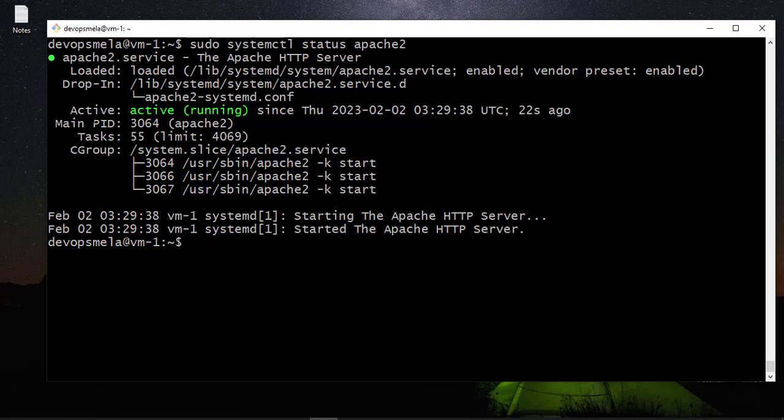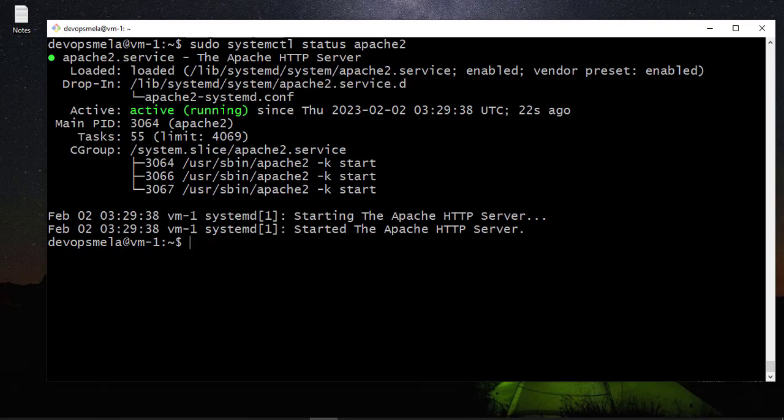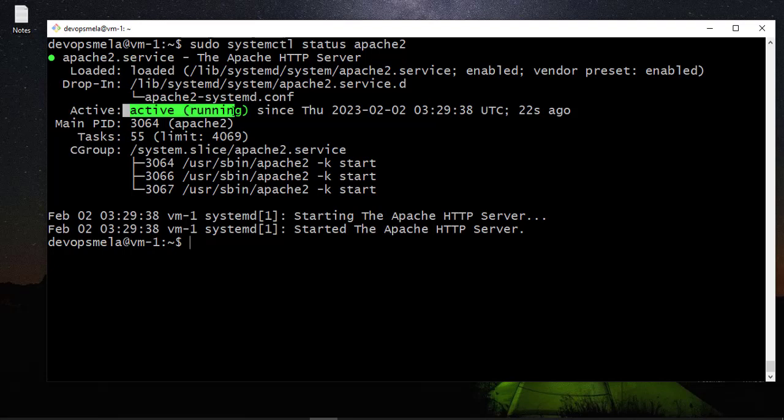Now if you see the systemctl output, from where exactly it is loading, the folder location is given from lib. And this is the name of the service, basically apache2.service. D stands for daemon. This is a daemon which is running in the background. This is the place where the config will be available. The status is active. Since how long it is active, you can find out. And this is the PID